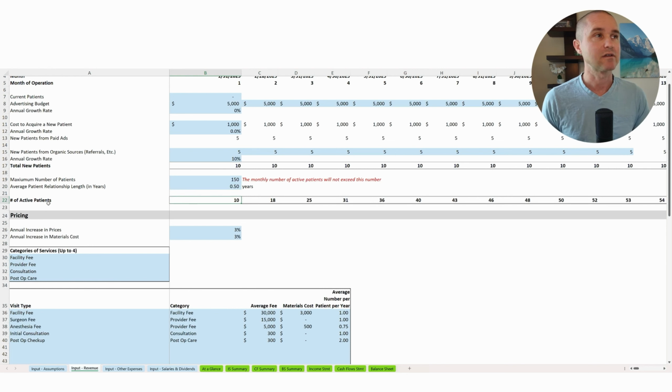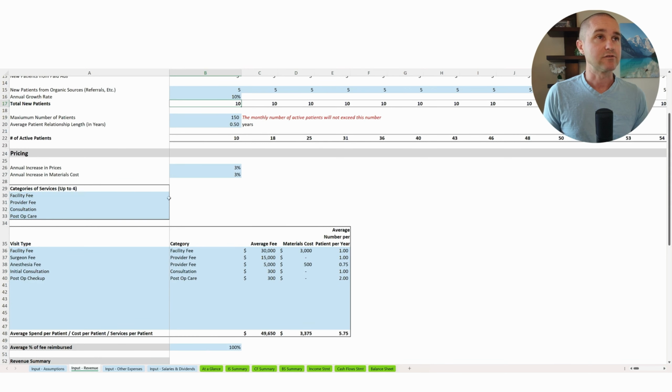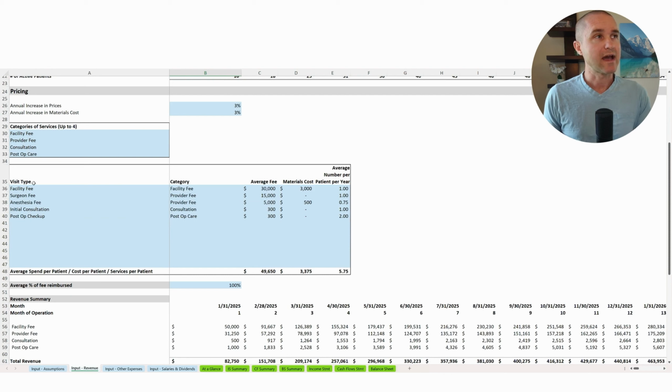And that's going to then calculate the number of active patients we have each month. And so basically as these first 10 patients that you got in the first month hit month 7, they roll off and they're no longer active patients anymore. Okay, so you've got your total number of active patients, and then you have our different services that we're providing